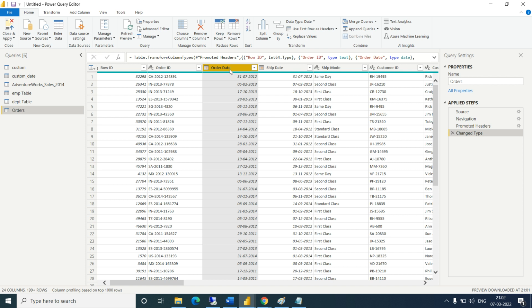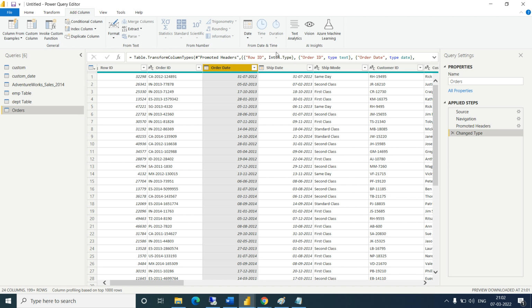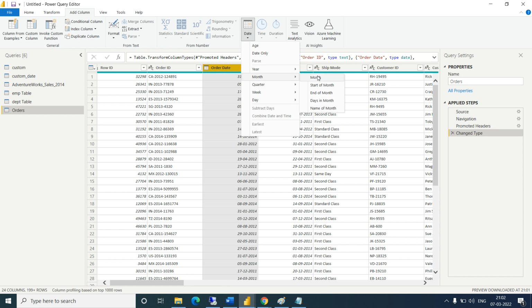Anyone? Select order date in the add column. Okay, in the add column, or transform, date function. Okay, date function. Go to the month. Okay, so should I take month, this one, or name of month? Okay, so let's try the month.